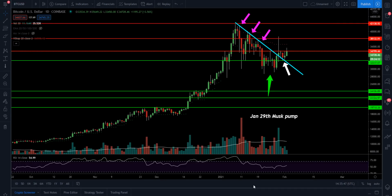I want to bring out an update today of Bitcoin. Right now we're sitting at $34,730. We're up about 3.5%. What I want to do is get into Bitcoin here on the 1-day time frame, so each one of these candles is going to represent one day. What I want to do was basically point out some of the bullish and bearish things that we do have